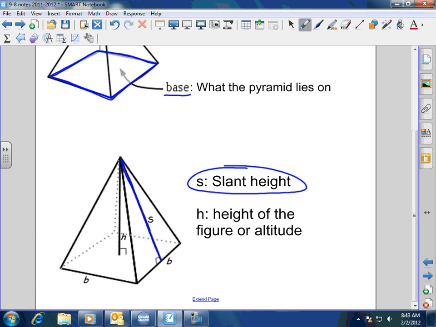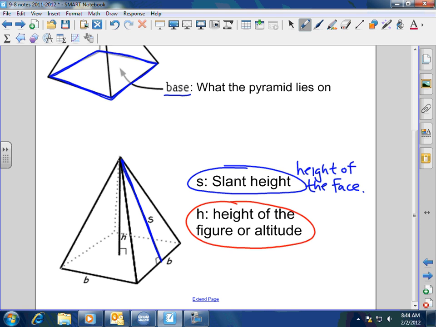So the slant height is the height of the face. And H, which I'll do in red, is the height of the figure, the height of the pyramid itself,